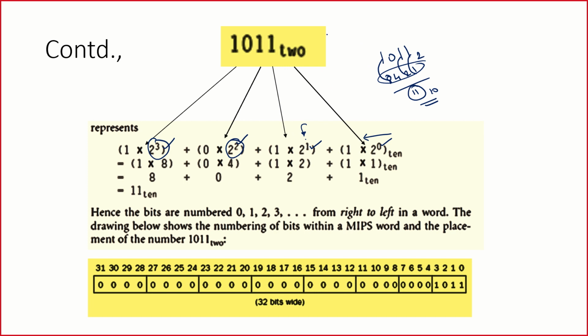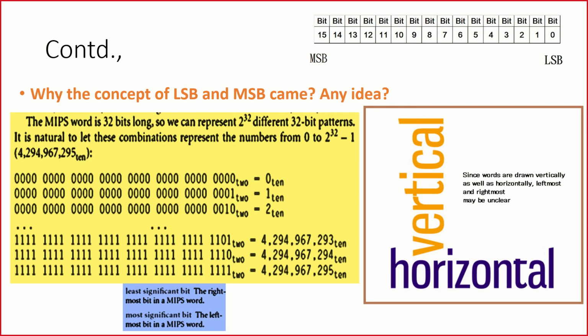This is very fundamental math, and I hope I need not spend time on this particular topic, and I can move to the next one. Now, for people who forgot or who keep forgetting where MSB is located and where LSB is located, remember this is the MSB, most significant, and this is the least significant. Always the 0th bit will be recognized as LSB, and the last bit is represented as MSB. Remember it. Now the question is very simple: why did the concept of MSB and LSB come into the picture?